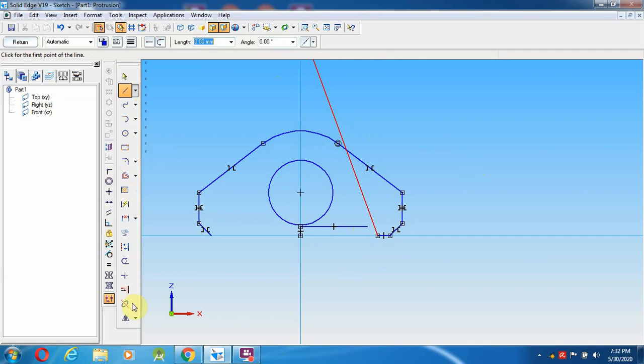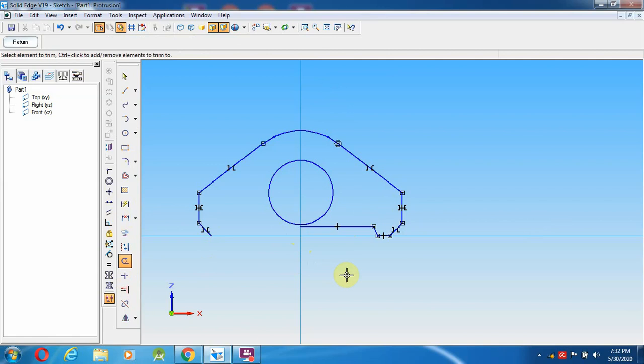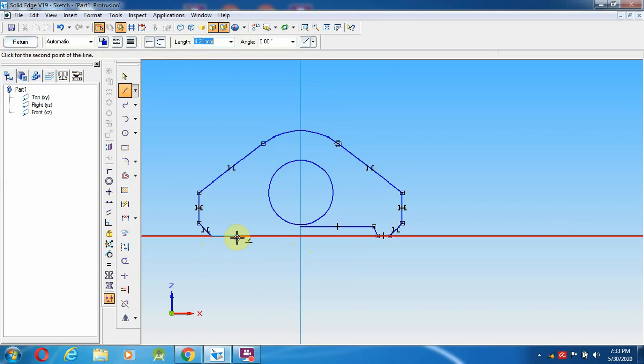Then this line you can extend. There is the extend option. Extend. Then you can go to the trim option. Trim the extra lines. Now the same thing you can do on the other side also. From here 2 mm. And what is the angle?